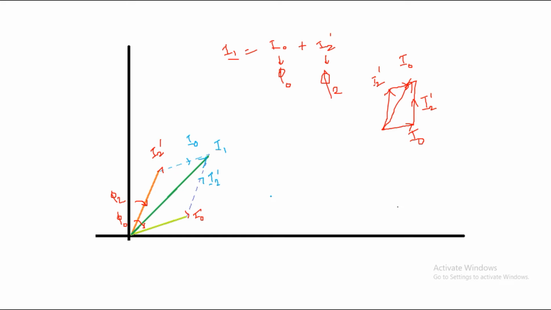So like this we can include all these three vectors in a single graph. But our concept is, while drawing the circle diagram, though we have to include all these three vectors, we have to include the locus diagram for rotor current. That is very, very important. So if you have I2 dash with phi 2 nearer to the y axis, we can draw a locus diagram for I2 dash. For that we are just going to make some alteration in this resultant vector finding. Now we'll see what alteration we are going to make.